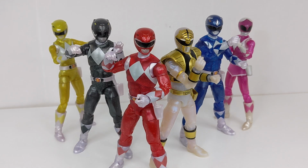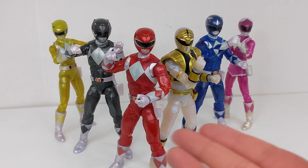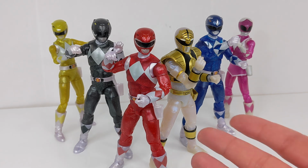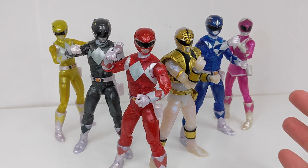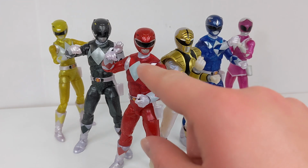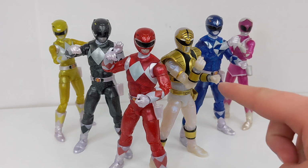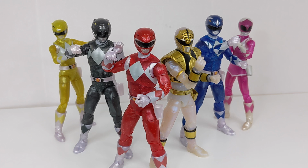And there it is, everybody, the complete Hasbro Pulse exclusive Power Rangers Lightning Collection metallic armor set. So I'm very happy to have this entire set. I think these figures turned out very nicely. I think the glittery metallic effect just works really nice. I think this is a fantastic Mighty Morphin Red helmet. I think White is a fantastic figure. These two are definitely my favorites, but I think they all turned out really good, except for my Mighty Morphin